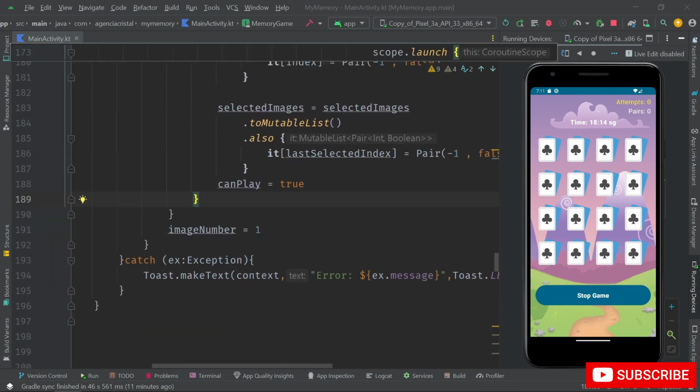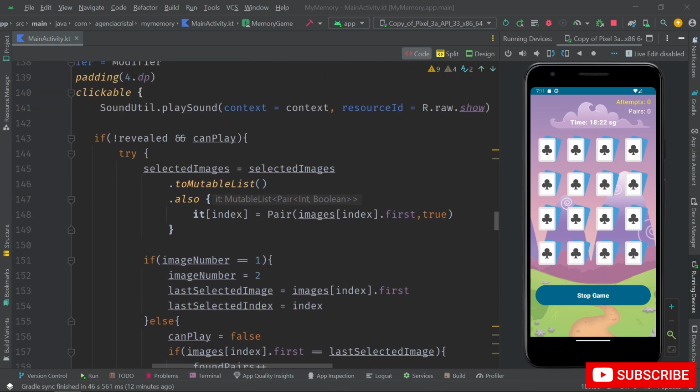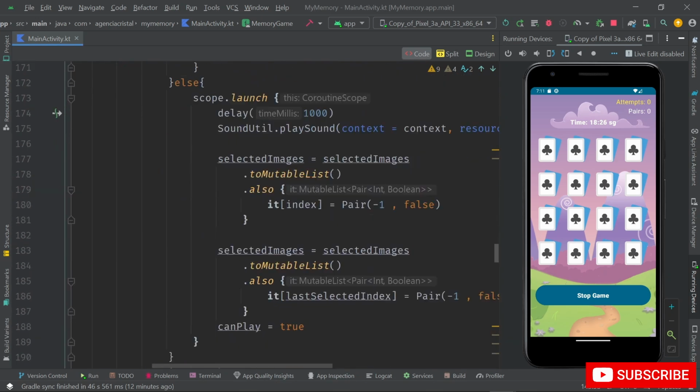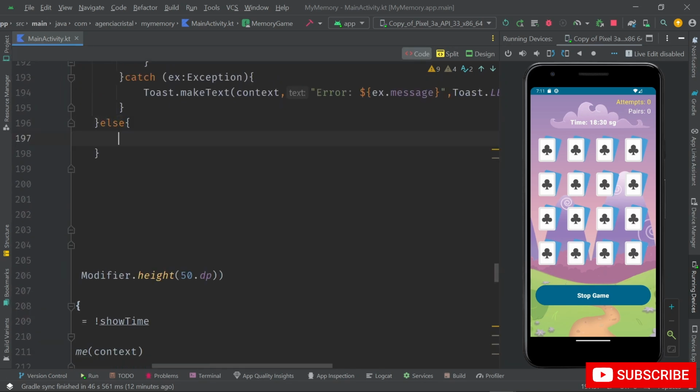Okay, when the user is playing, don't touch can play. If not can play, else